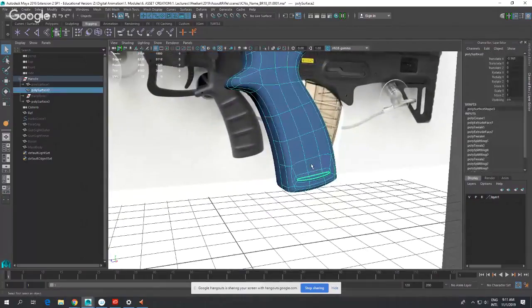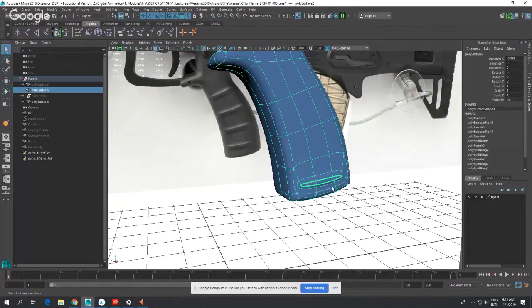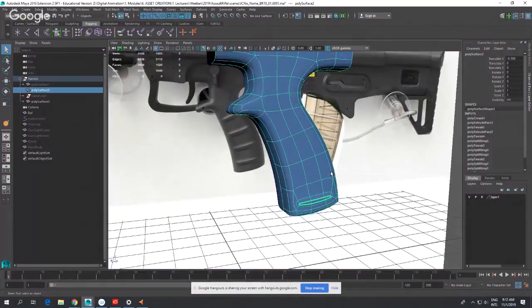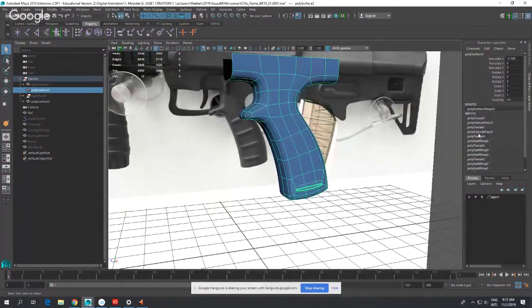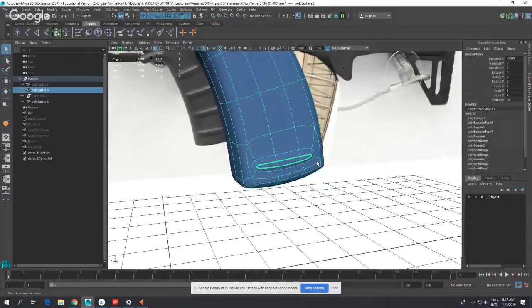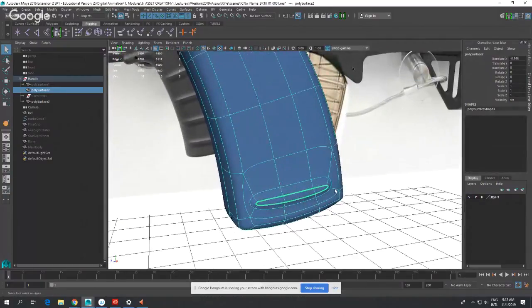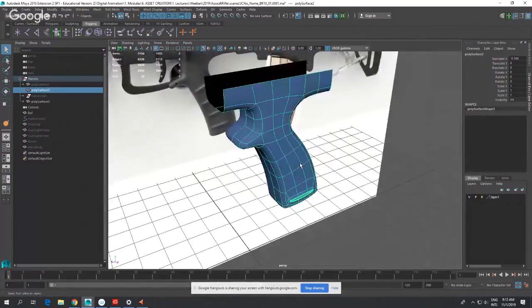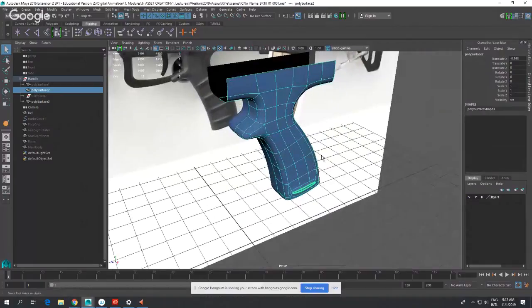All right, so rather than duplicating the entire process for all the remaining three strips, I'm going to show you a trick where you can remove this and then paste it on the upper portion of this handle. What I'm going to do first is take a look at your history. You want to delete your history. The shortcut key to delete history is Alt-Shift-D. All right. So now it has been deleted, and I'm going to duplicate this portion of the handle,